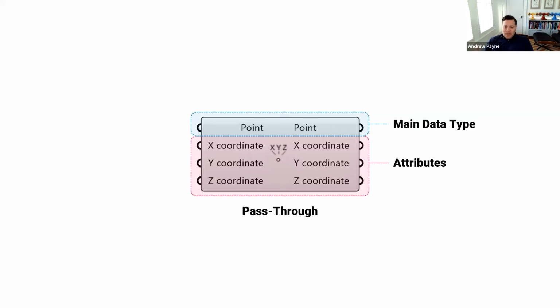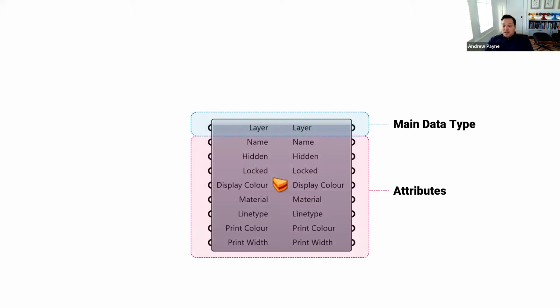Now, the point component, the constructor/deconstructor that I showed earlier, has been used since almost the earliest days of Grasshopper, and we didn't want to introduce a new point component and confuse existing users or mess up existing files. So this example I'm showing here on the point is really just an illustration. There is no new point pass-through component, for example, but there is, for example, a new Rhino layer,